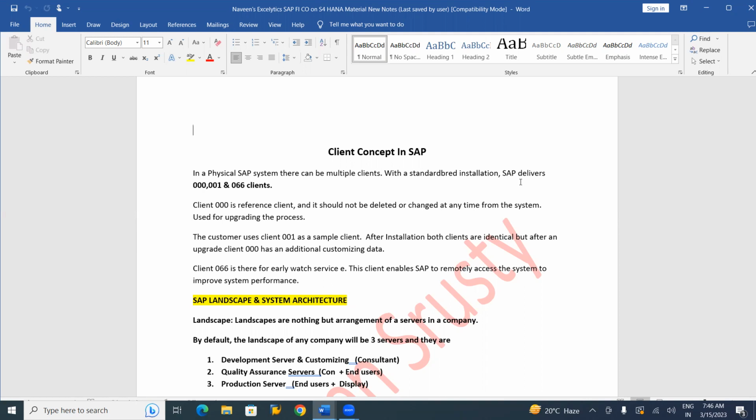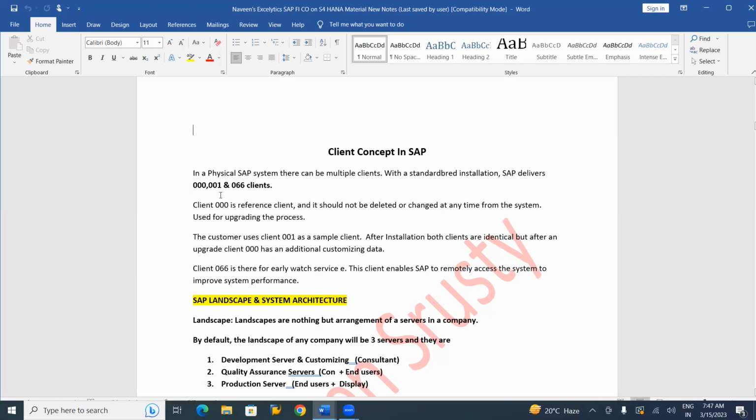Whatever company has taken the SAP server or purchased the SAP product, it will give you by default 3 different clients. What are they? 000 client, 001 client, and 066 client. These are the standard SAP clients, which are given by SAP.